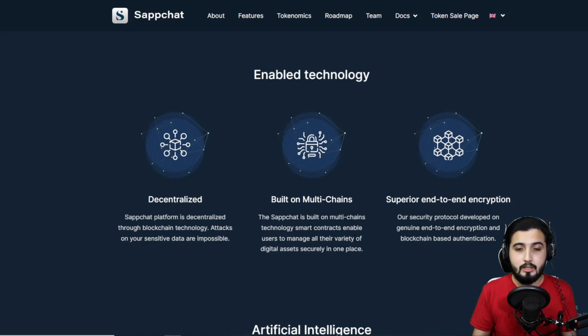All those can use this. Superior end-to-end encryption. Now, why did WhatsApp become popular? Because it brought a new concept, the end-to-end encryption. Basically, what that means is that the information that you share, like if you're having a chat with one person,